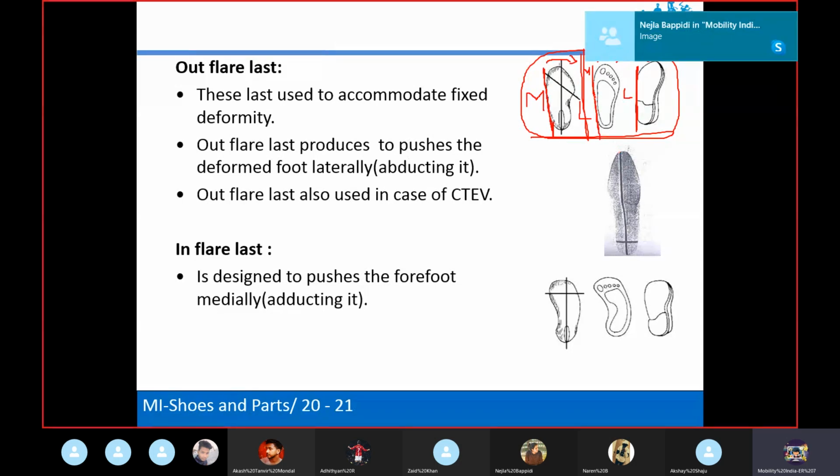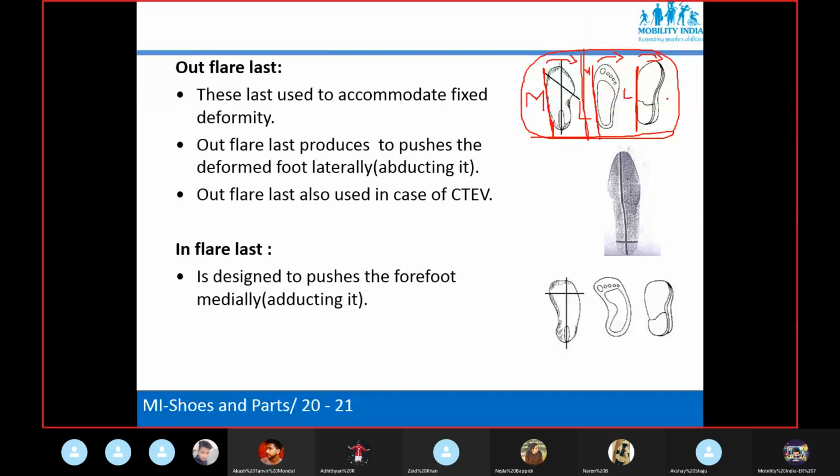So when do we use the odd flare shoe last? There are two things here. If a patient has a fixed abducted deformity, I am writing here, a fixed abducted foot.